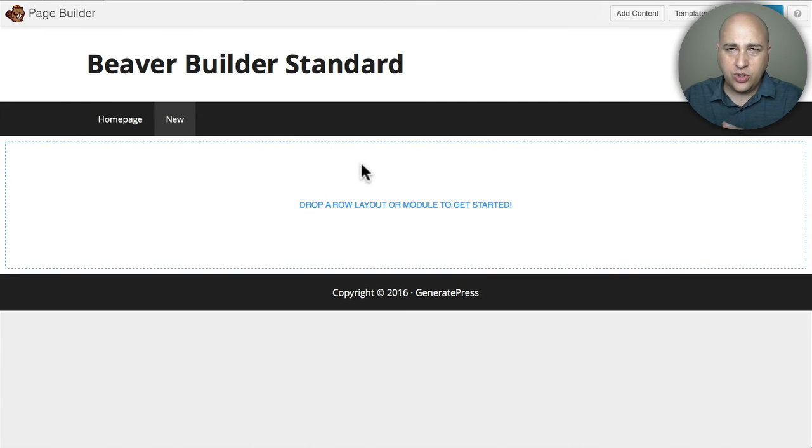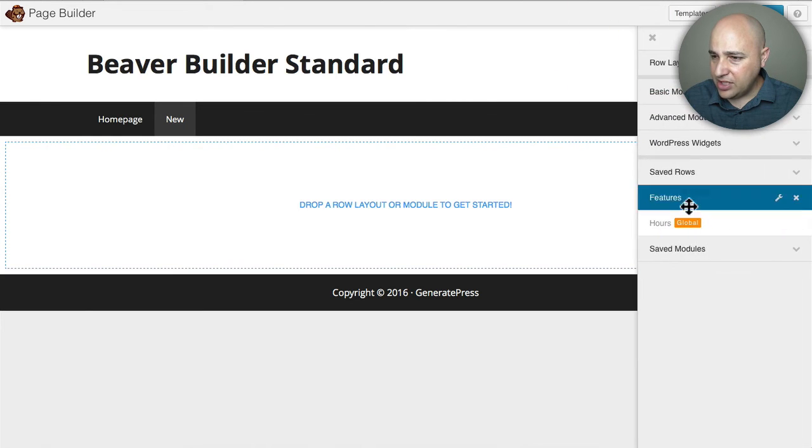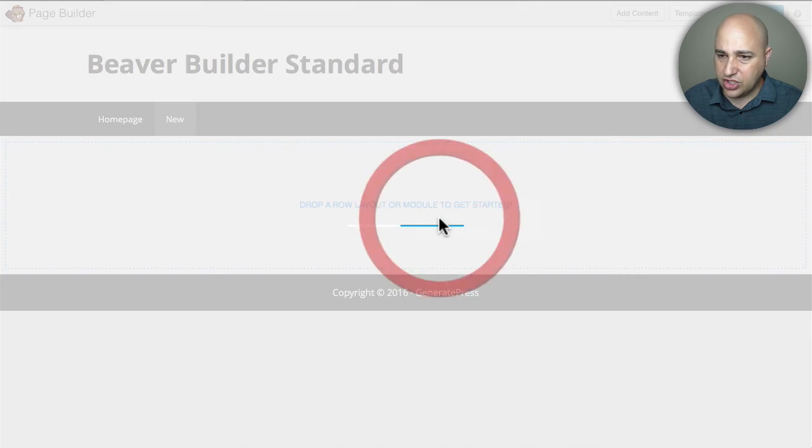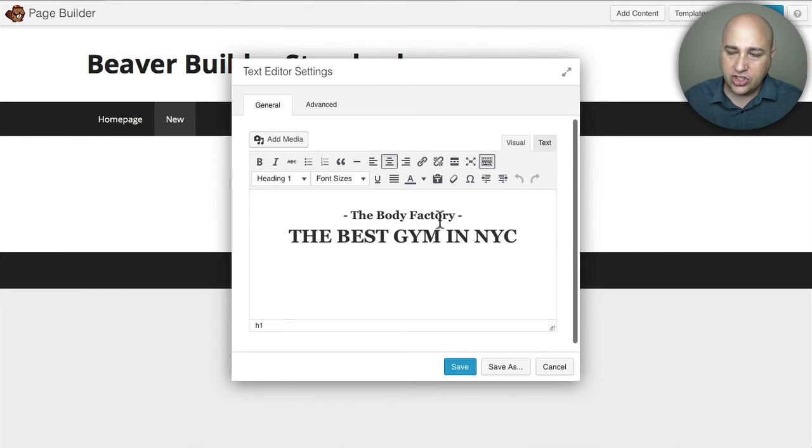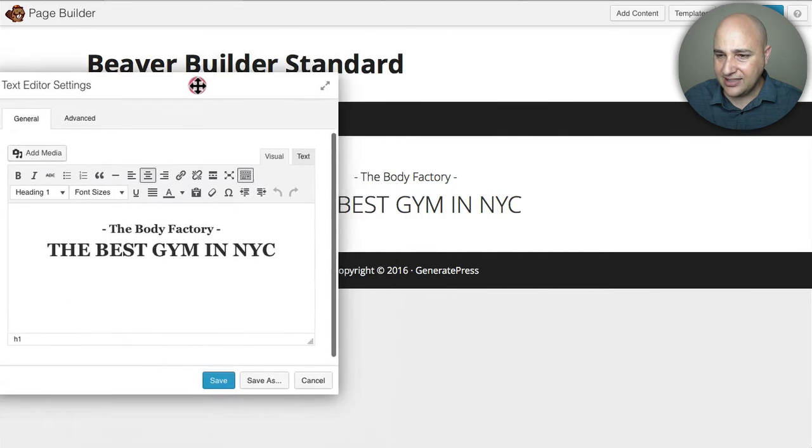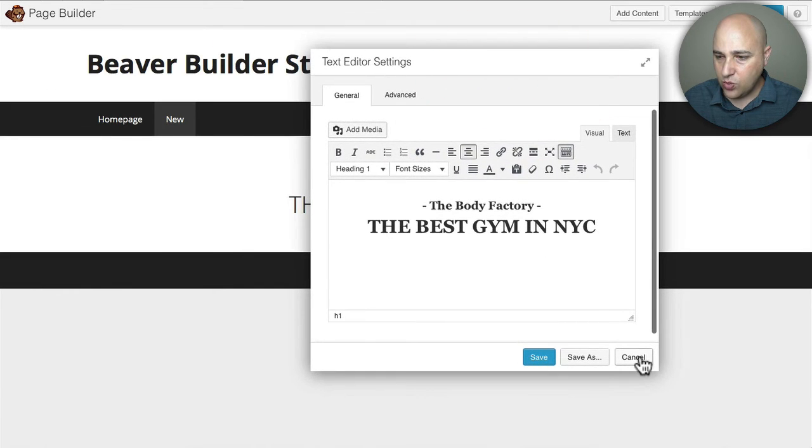And when you remove one of these elements, it doesn't remove it permanently, it just takes it off of that particular page because these are saved in this template library that you're building. So now let me look at the last one, which is a saved module right here, and you can just drag that over. It's going to toss it into a new row for you, or if you had an existing row, you can do that as well.